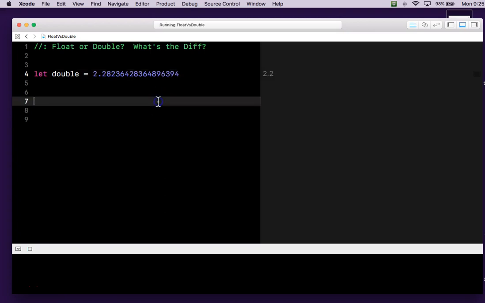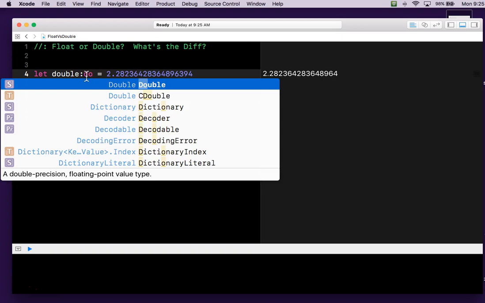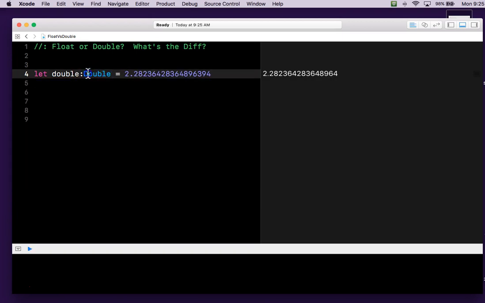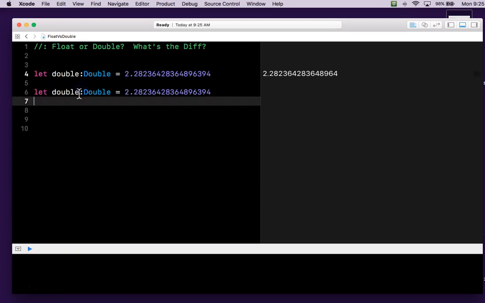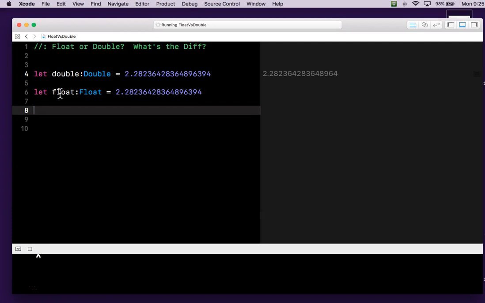You can do all kinds of decimal places with double. So that begs the question, like, what's the difference between a double and a float? Because they both should be okay with this, right? Let's see. Yeah, they're okay. But you can actually kind of see the difference here. Double has a lot more, what do you call it,